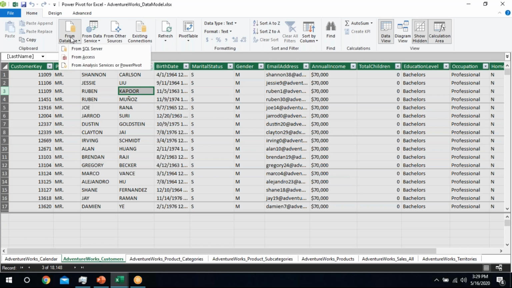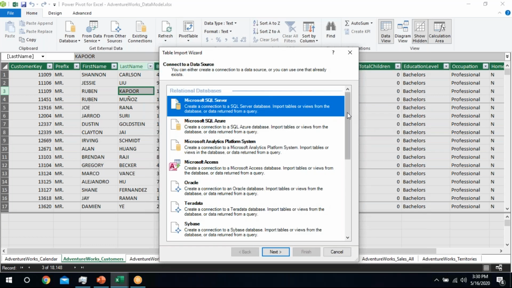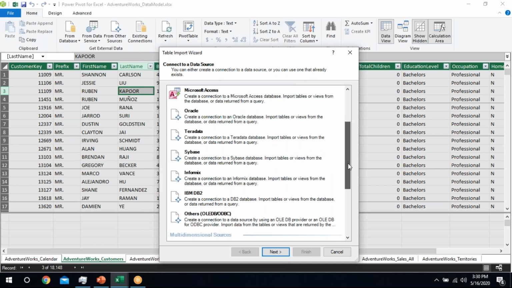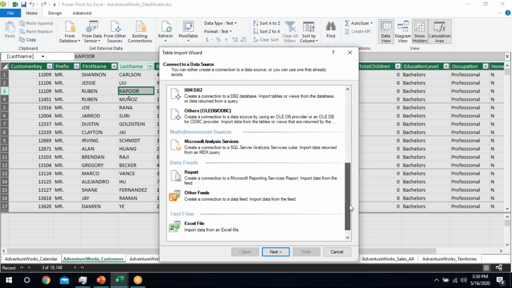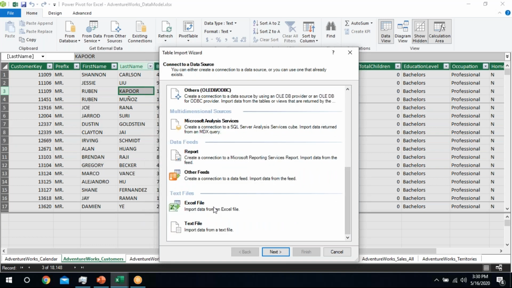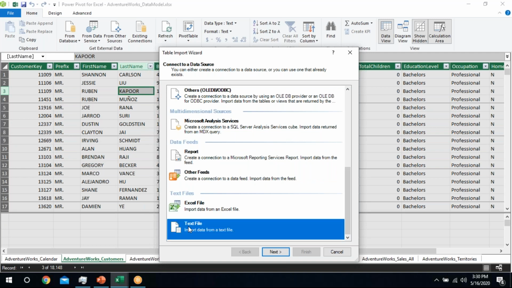We can get data from SQL Server, Access, Analysis Services, and OData. We have other sources, including SQL Azure, Analytics Platform, Oracle, IBM DB2, Microsoft Analysis Services, reports, and data feeds. We can also import an Excel file or a text file, right? For a text file, we can import a TXT file or a CSV file. We can bring in both of these file types through this option.